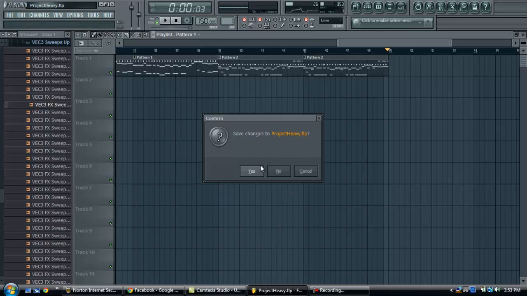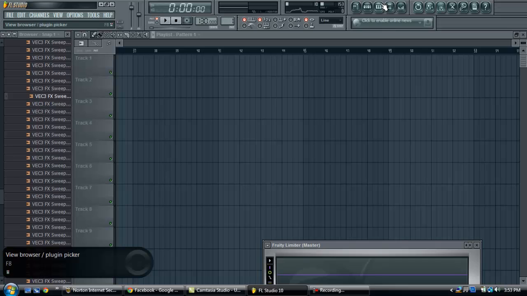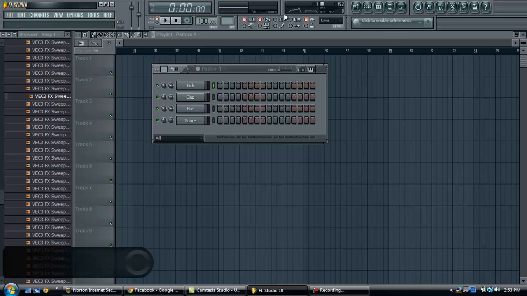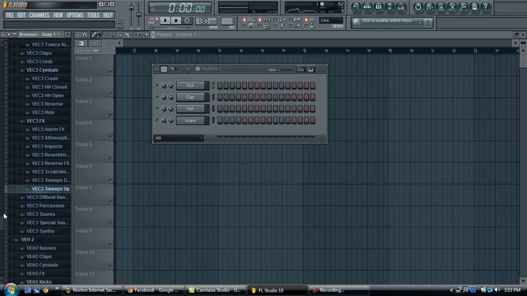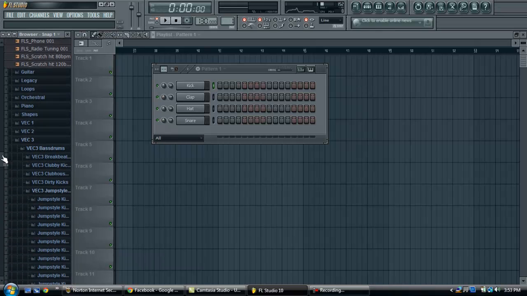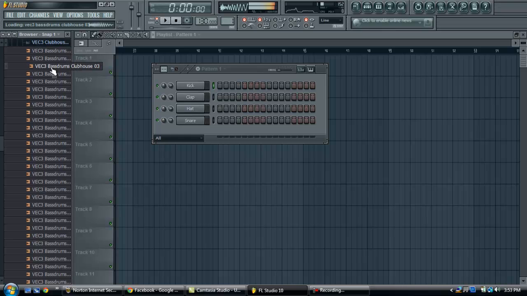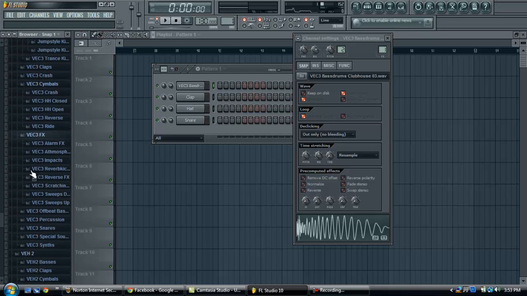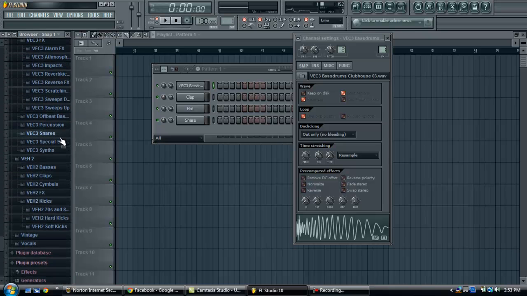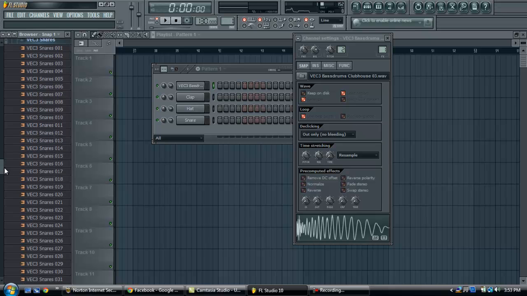So I'm going to pretty much just show you how to make a new project. Alright, so you have your basic layout. What you need is a good heavy kick. I like this one. And most people tell me that